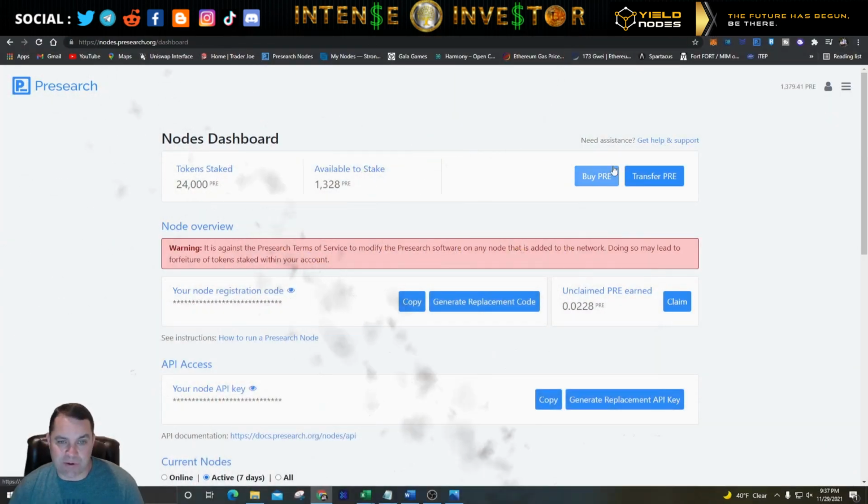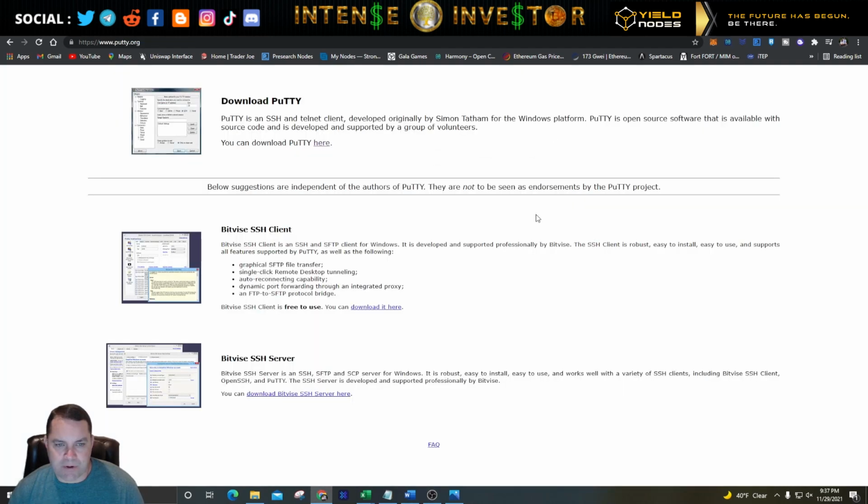So when this does show up, it should show up in my available to stake balance. I'm still waiting on it. You can hit refresh to see if it shows up, but it might take a little bit. It said it might take a couple minutes, so I'm gonna give it some more time. So while we are waiting, I would go to